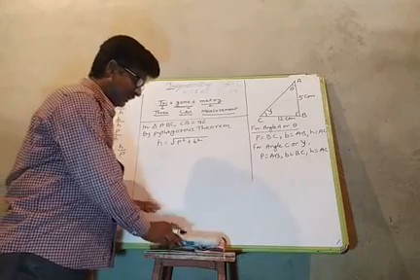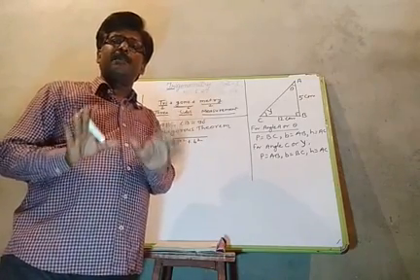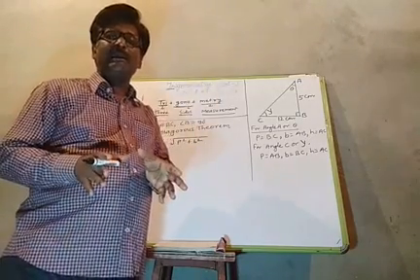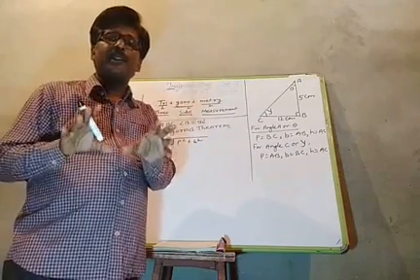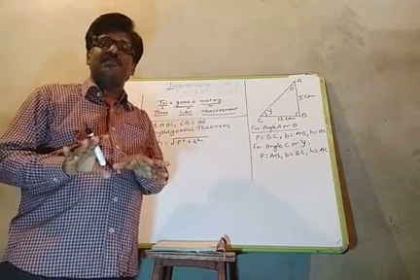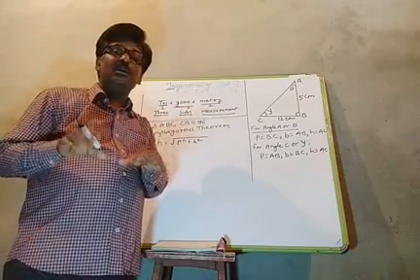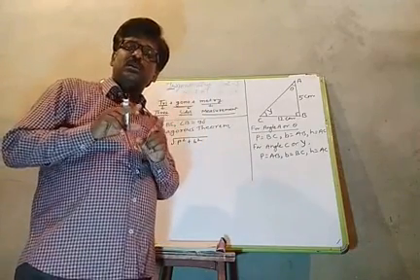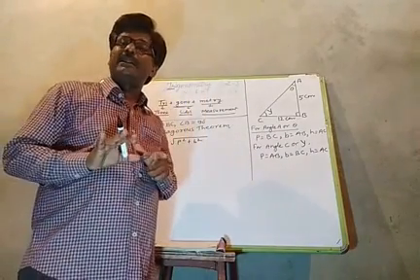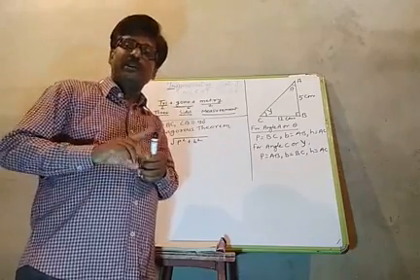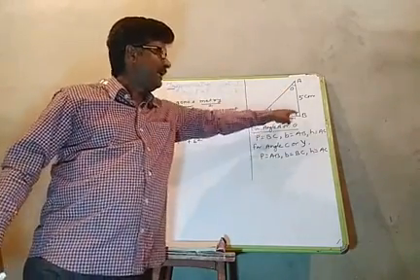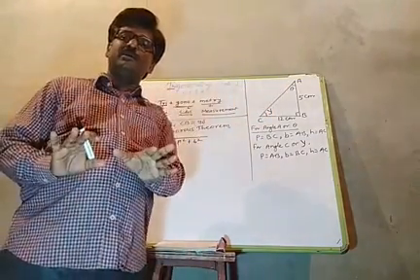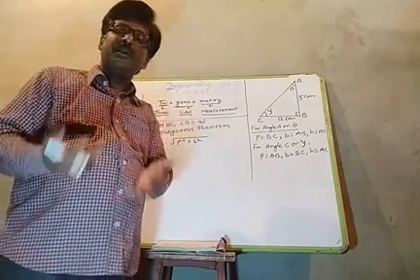Then we can find AC by putting the values. But one thing is there, up to now you know only perpendicular, base and hypotenuse. But in the aspect of trigonometry, in a right angle triangle, there is no fixation of perpendicular and base, but there is fixation of hypotenuse, because hypotenuse is the longest side, that is constant. Okay. And one thing is also, in a right angle triangle, one angle is right angle and the other two angles are acute angles. Means in triangle ABC, let angle B is right angle 90 degree, then angle A and angle C both are acute angles. Means their measurement will be less than 90 degree.